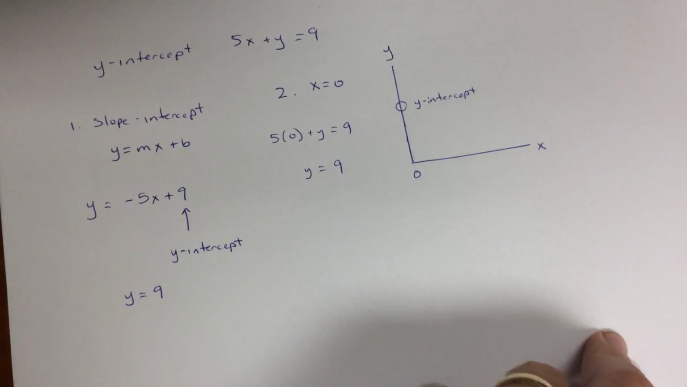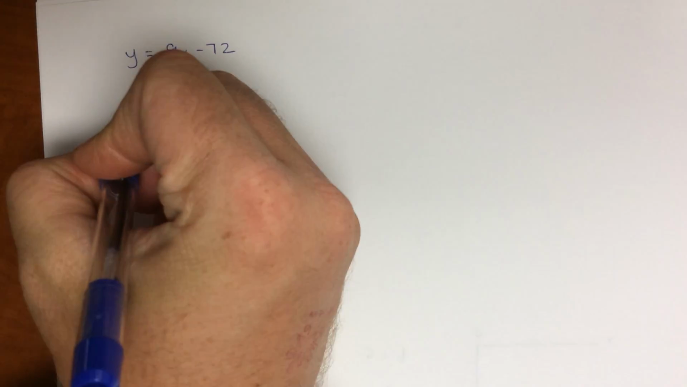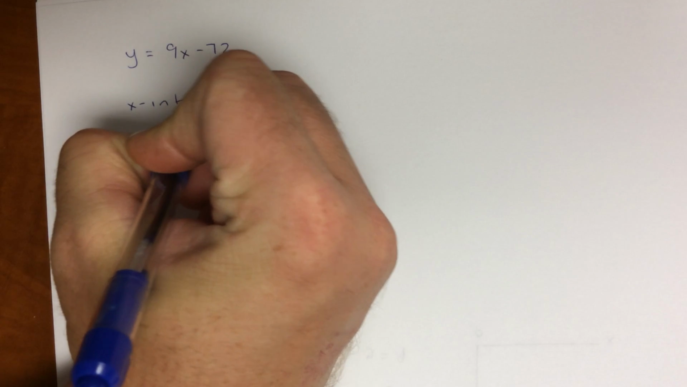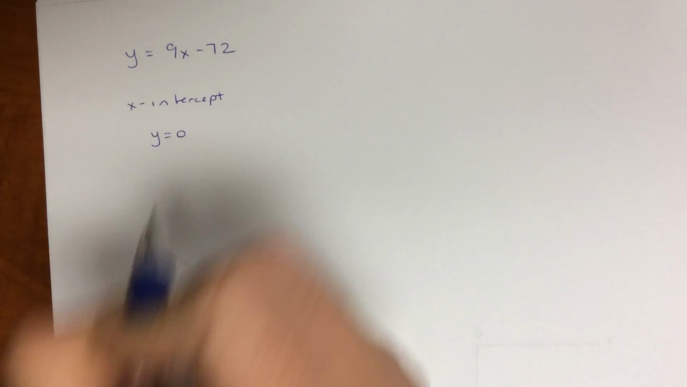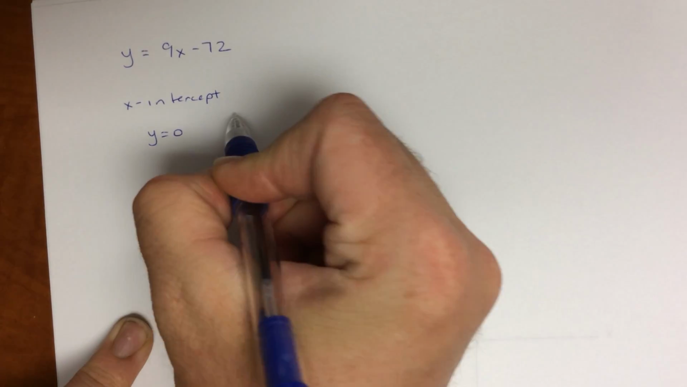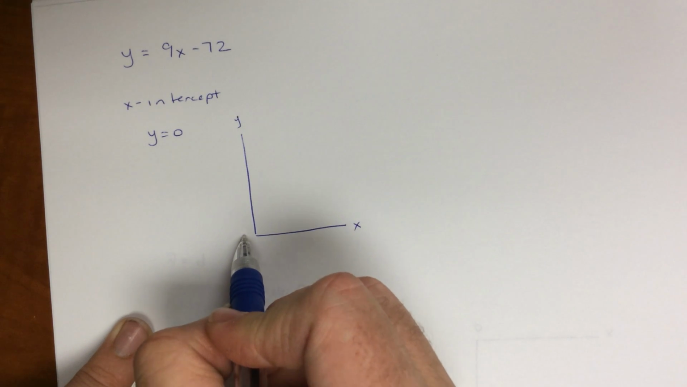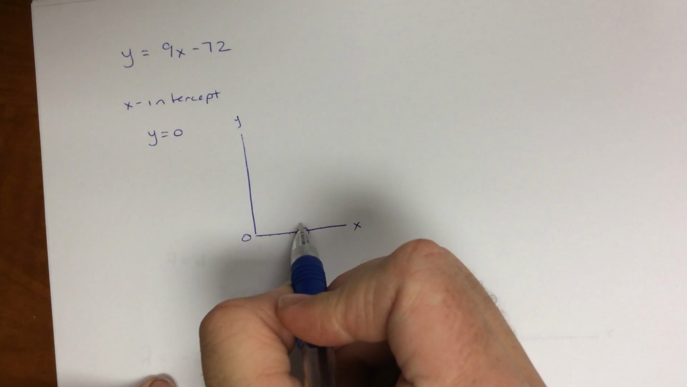Now just like we can do that for the y-intercept, we can also do that for the x-intercept. So if we have y is equal to 9x minus 72, then all we need to do to find the x-intercept is to let y equal 0. And that's the case because just like before, here's our x, here's our y. If y is 0, then that'll tell us exactly where the x-intercept